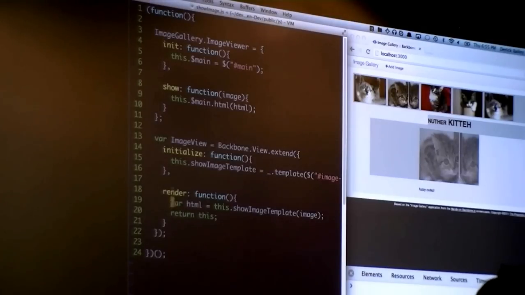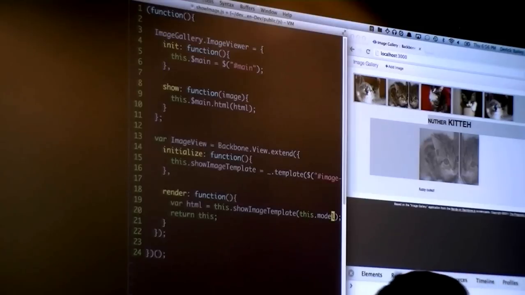There's one more thing I need to change though. In this ImageViewer.show function, I was passing in my image object, and I was using that image object in this function here. I need to change this from the image parameter, which is no longer available inside my Backbone view. I'm going to change that to this.model. A Backbone view recognizes a certain number of keywords that you can pass into it, model being one of them, collection being another, and a handful of other keywords that you pass into its constructor. So I'm going to use this.model, which the Backbone view recognizes,